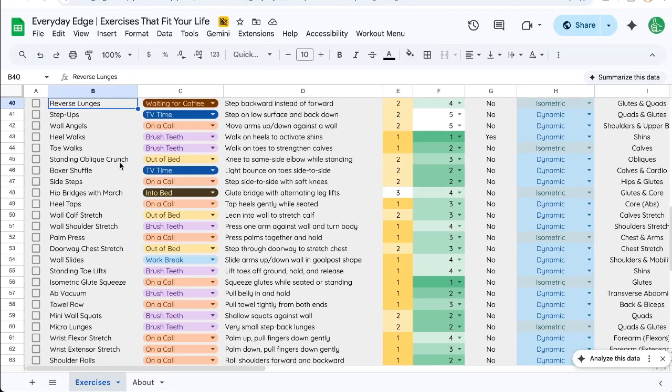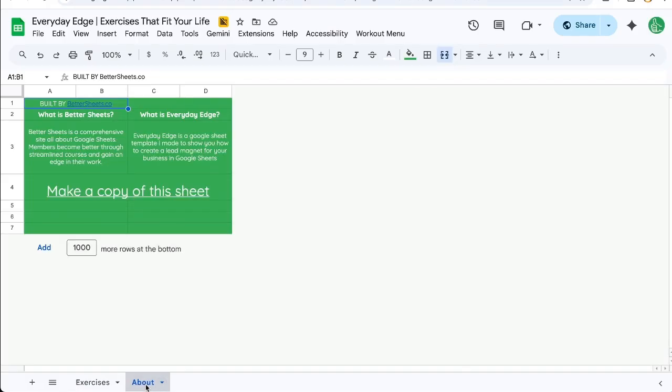So you want to hide your sheet. Now, I have a sheet, a template that I created. I have exercises and an about page. But at some point, we want this about page to hide, and we want the user to be able to